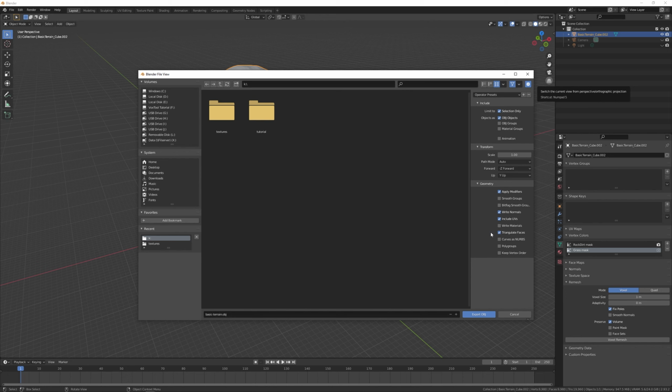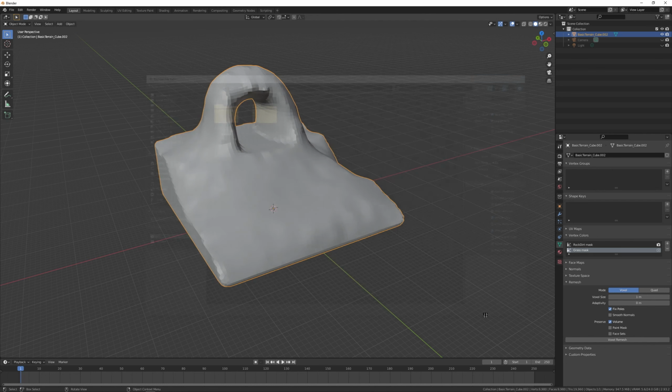If you have non-triangular faces in your object, you're going to get these triangle shaped holes in your final box output. So make sure either in your program to triangulate your mesh or do it in your export step or wherever you're doing it. You can keep the name basic terrain. I'm exporting it and that's done.